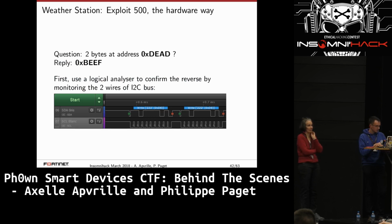So the challenge response was quite simple. The question was, what are the 2 bytes at address DEAD? If it's BEEF, I will output the serial number and the flag. With the hardware solution, the hardware way, it was quite simple to connect a logical analyzer over the I2C buses